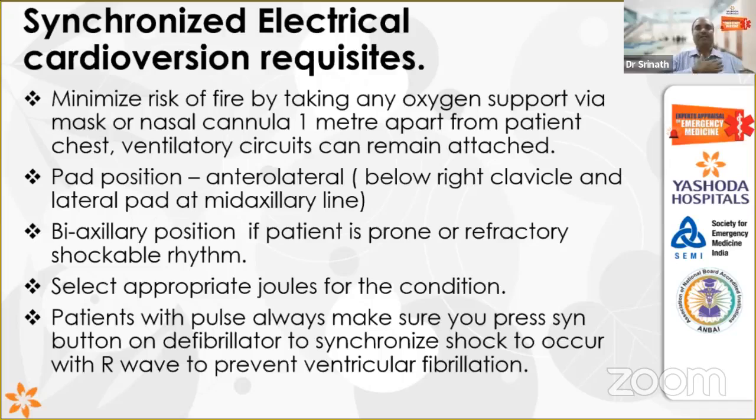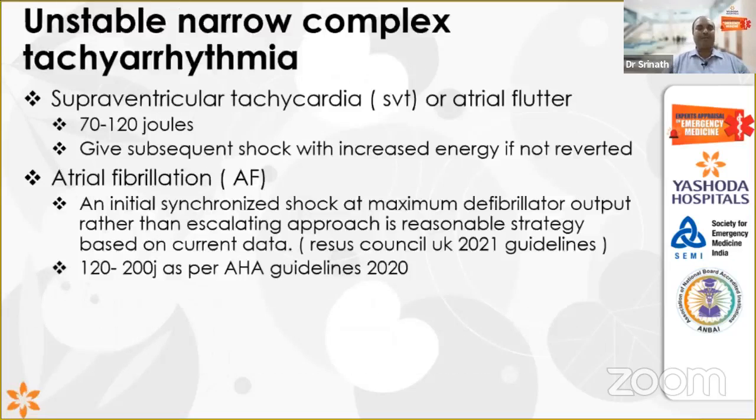Now, unstable narrow complex tachycardias, that is your supraventricular tachycardia or atrial flutter or atrial fibrillation. These are the narrow complex rhythms which you can see. The joules used are between 70 to 120 joules. If it is not decreasing, you can always increase the joules. And then atrial fibrillation, it is again very important. You start with 120 joules and then you can keep on increasing to 200 joules, or you can look for the highest joules present on the defibrillator and give those joules which is required,